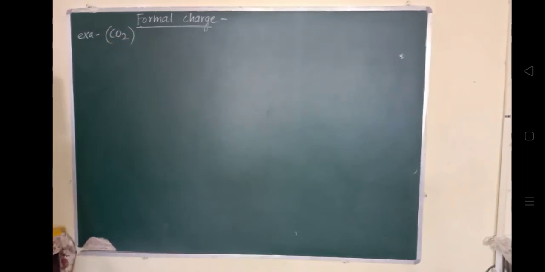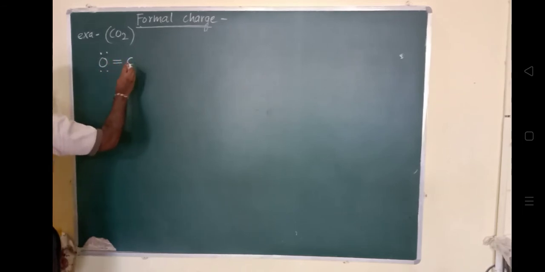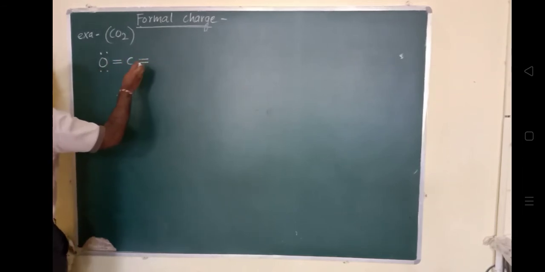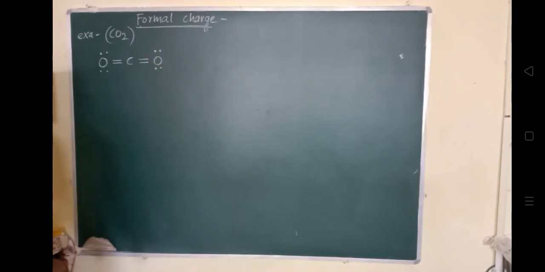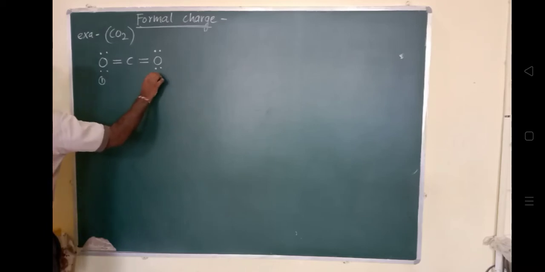So CO2 can be represented by different structures. We'll draw the structures one by one. The very first structure is like this: oxygen with 2 electrons here and 2 electrons here, and a double bond between this carbon and oxygen, and a double bond between this carbon and oxygen. You can check it: 1 2 3 4 5 6, 1 2 3 4 5 6, and 4 electrons for the carbon and 6 electrons for the oxygen. Consider this the first oxygen atom and this the second oxygen atom.